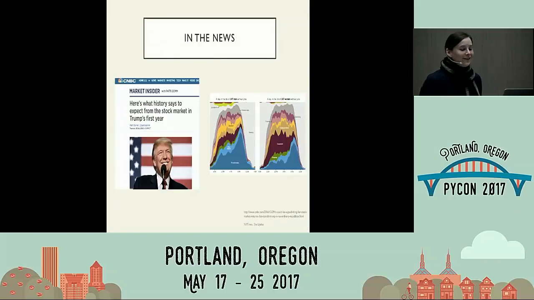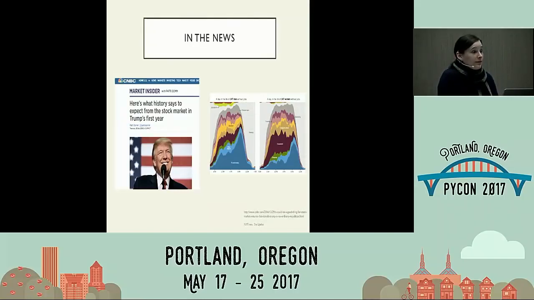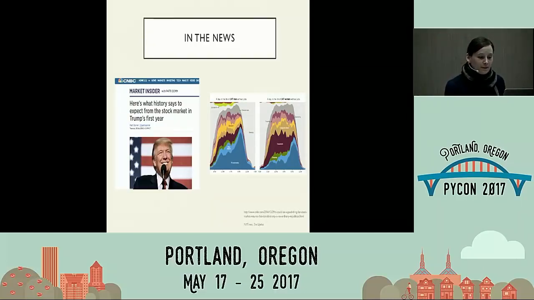And finally, in the news, right? Many news stories you see that are about what's going to happen, they're actually about time series, right? So there was a lot of press once Donald Trump was elected saying what's going to happen to the stock market, and looking at, A, what happened in the stock market when past presidents were elected, and then sort of specializing, well, what happens when Republican presidents win, or what happens when pro-business candidates win? And then on the other side, you have a time series comparing how unemployed men and women spend their time, right? So you can also do sociological type news stories looking at how you spend your time, and that's a time series too.